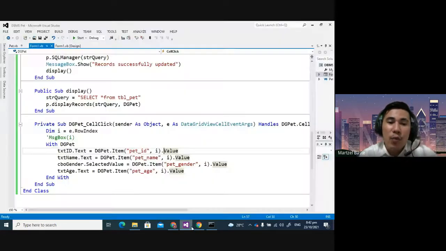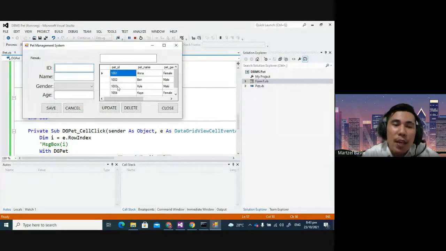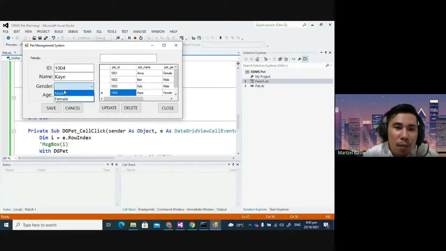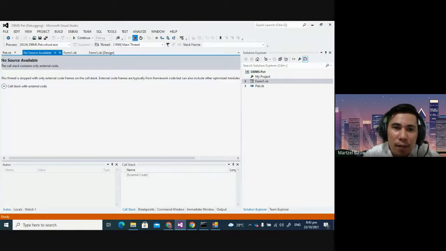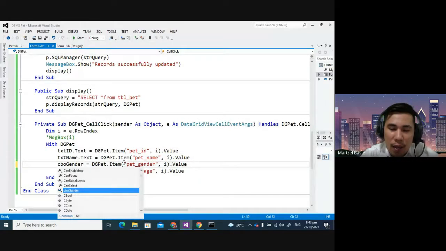So that is what I did here. Okay? So, let's see. Double check. Let's run the program. If I click it, you can see 1002, it changes to 1003, there, 1001, 1002, 1003. So I no longer need to type, unlike what we did earlier, it updates. But the male, this gender, it doesn't follow. Wait for a while. So maybe because it's not the selected value, we should put